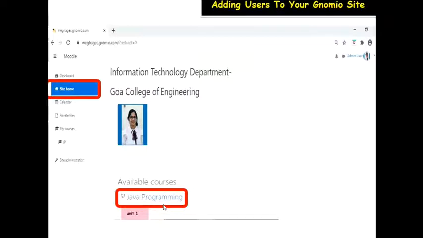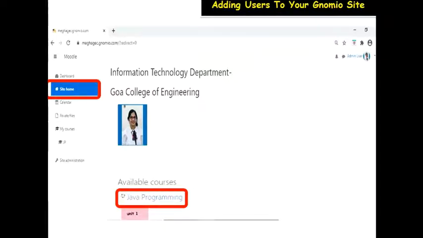So now say that you have given them a 2-hour time slot wherein you have announced the course and they have to register, or say maximum you have given them a 1-hour time limit wherein they have to register onto your site. So assuming that they have all registered, now you want to enroll them for that course. They might have registered, but you will have to enroll them for that course. Until and unless you enroll them, they do not become part of the course. So how do you go about that?